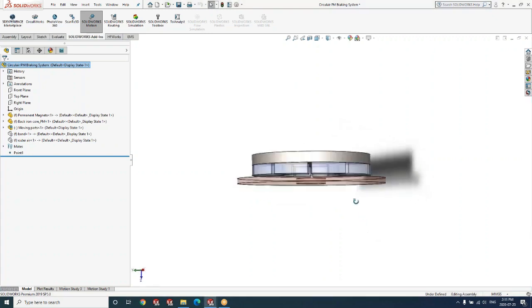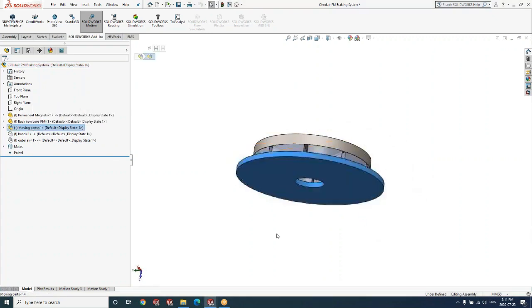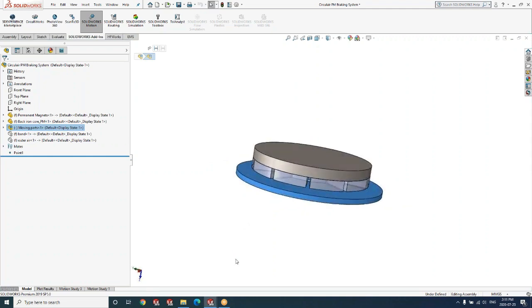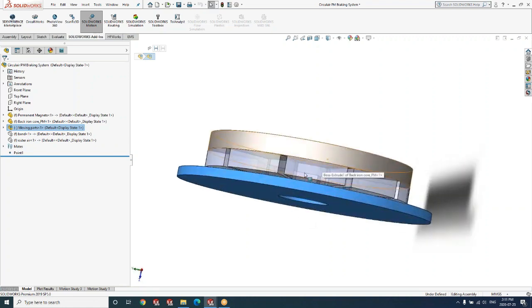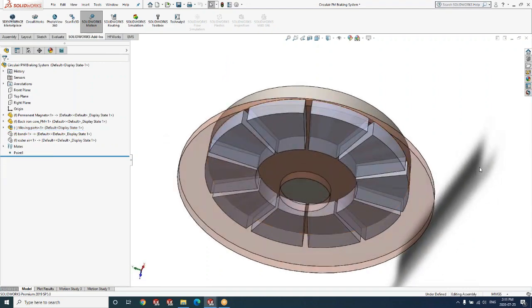What you see here is a rotary disc. This rotary disc rotates at a certain speed, for example 6,000 degrees per second. If you want to stop this disc, we also have an arrangement of magnets that you see here. These are permanent magnets, and they are brought in the vicinity of the rotating disc.